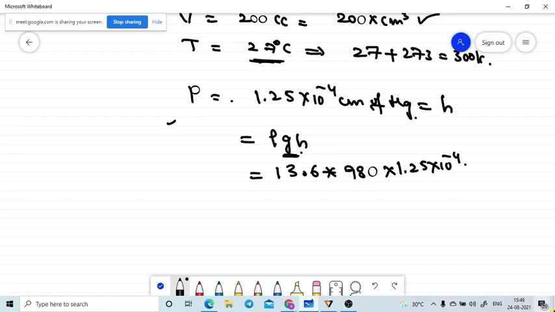From this stage you can substitute all the values, just substituting the values. Yes, sir. Just a substitution. After this, just substitute all the values, you will get the value. If you find the n value, from the n value, number of molecules capital N is equal to small n into Avogadro number. You will just multiply the n value into Avogadro number, you will get the value.